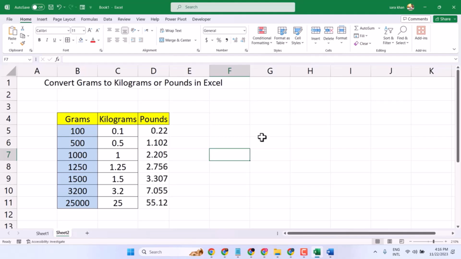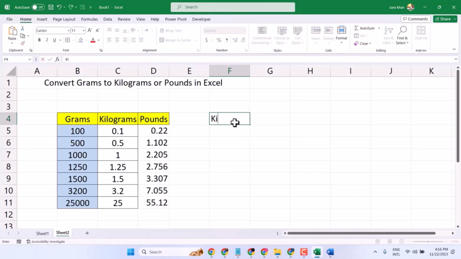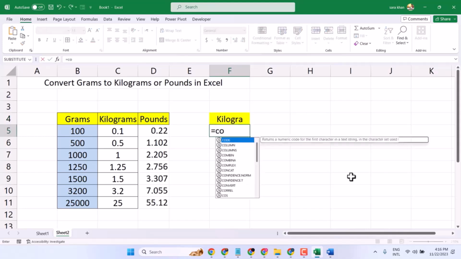In this video, I will show you how to convert grams to kilograms or pounds in Microsoft Excel. You can use this formula for kilogram, like when you want to convert your grams into kilogram. So type this formula: equal, then convert,